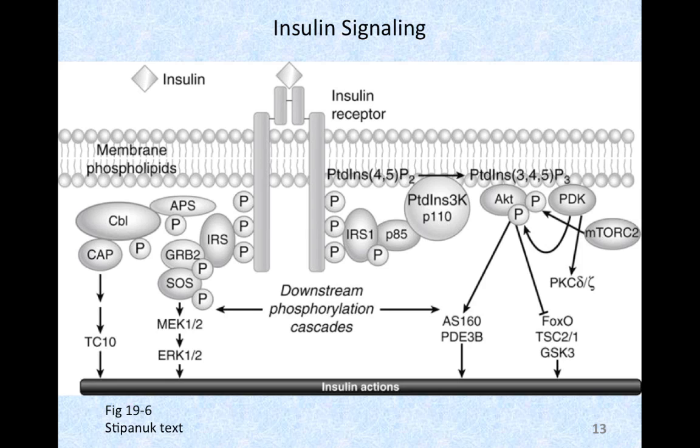and that causes, for example, if we look down the right side of this, that phosphorylation of the insulin receptor stimulates the phosphorylation of insulin receptor substrate 1, which is bound to a protein called P85, and that P85 is bound to the phosphatidylinositol 3 kinase. It's also known as P110. That kinase, as its name implies, adds a phosphate to the number 3 carbon of inositol. That converts phosphatidylinositol 4,5 bisphosphate to phosphatidylinositol 3,4,5 trisphosphate, and that's a PIP3. So now that stimulates AKT,